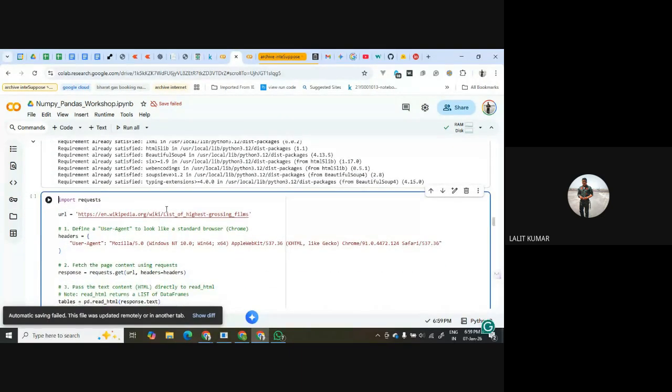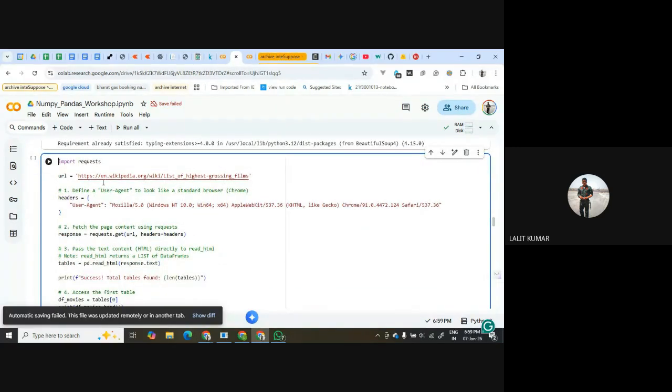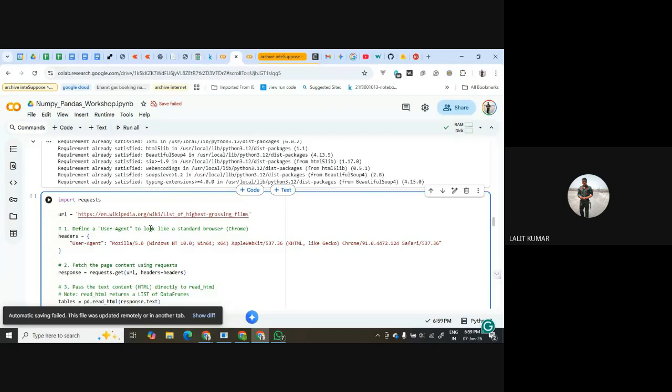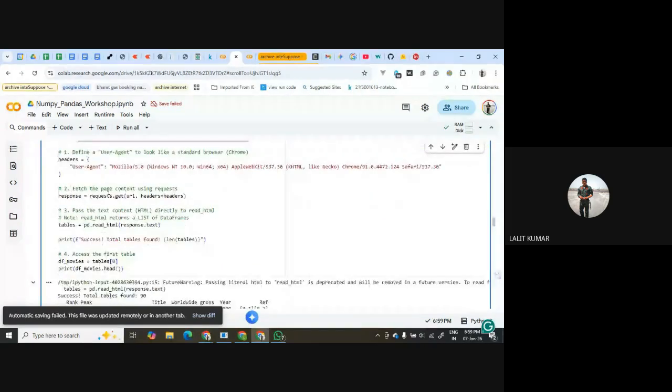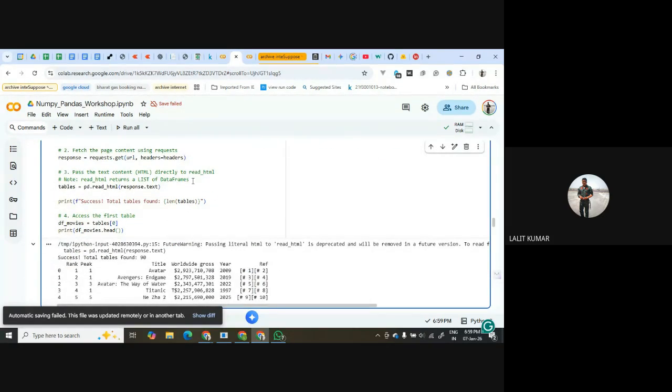For example, I want to load a table from this Wikipedia page, list of highest-grossing films. First I have to give a URL and a header, so I'm using Mozilla. Then I will use requests.get with the URL and headers.